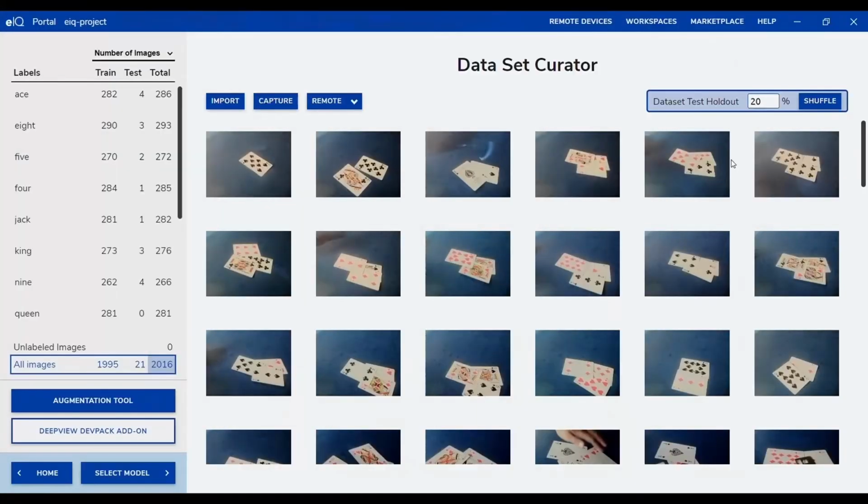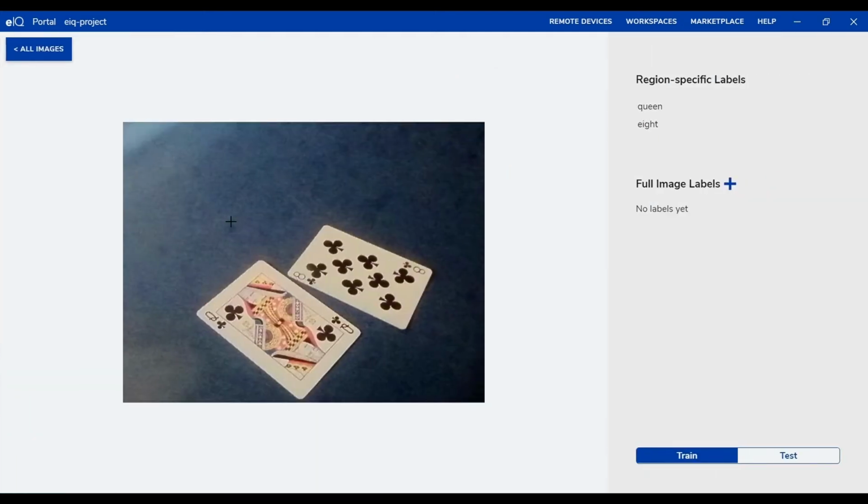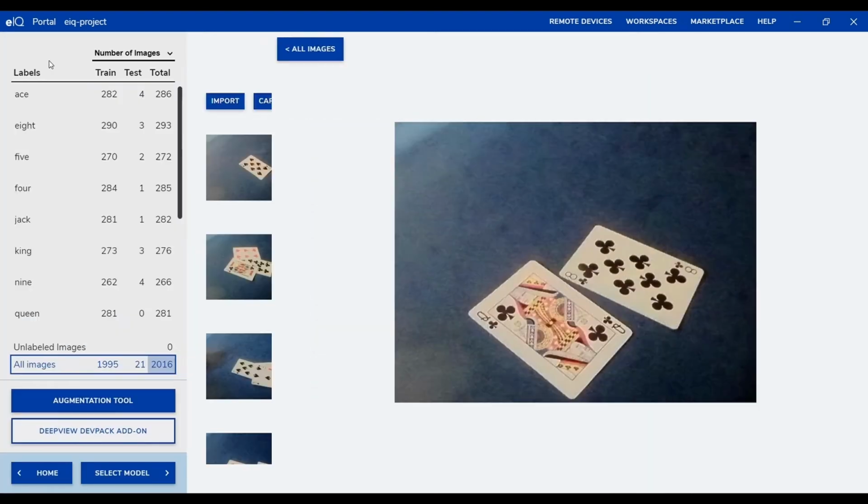We are now in the Eiq Portal, and we've got the dataset which has been prepared ahead of time. If you look at some of these samples, you can see the images here have a few annotations. We have a multitude of different card suits and numbers. Now, if you want to bring in more images from the camera setup, we can do that using the remote